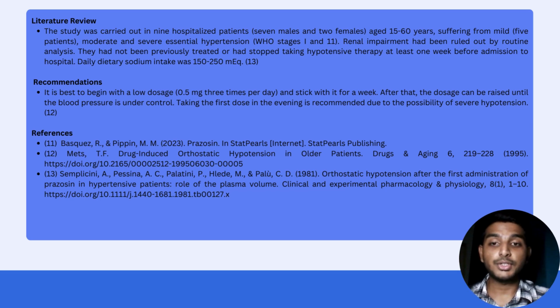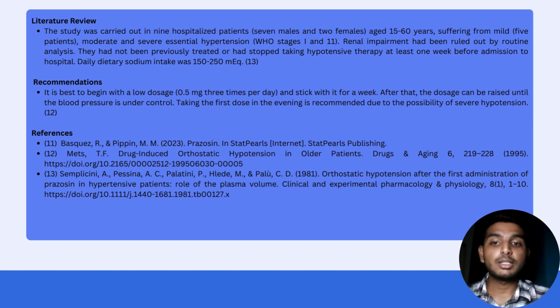So, based on the literature review, the study was carried out in 9 hospitalized patients, 7 males and 2 females, aged from 15 to 60 years old, suffering from mild, moderate, and severe essential hypertension. Renal impairment had been ruled out by routine analysis. They had not been previously treated or had stopped taking antihypertensive therapy at least 1 week before admission to hospital, and daily dietary sodium intake was from 150 to 250